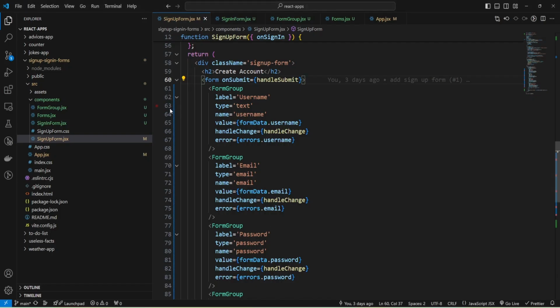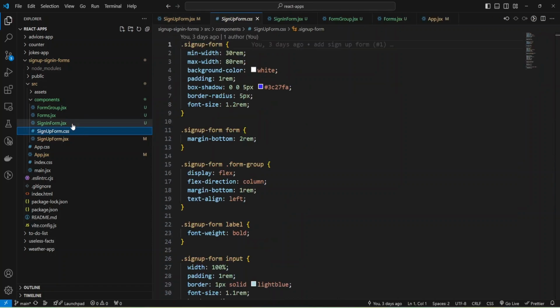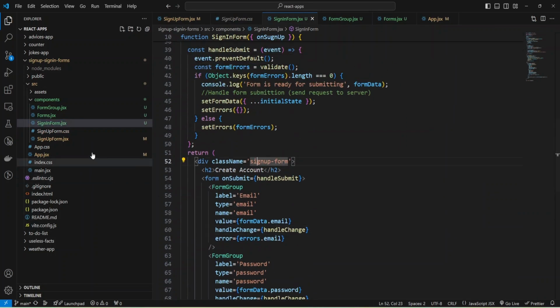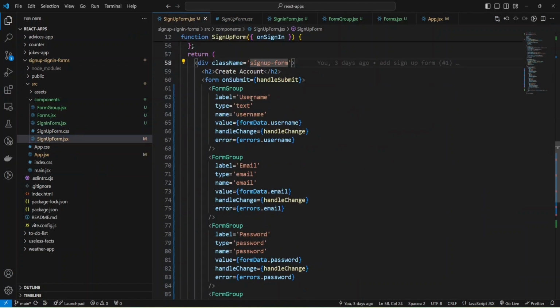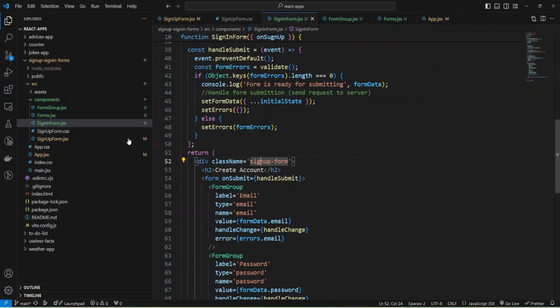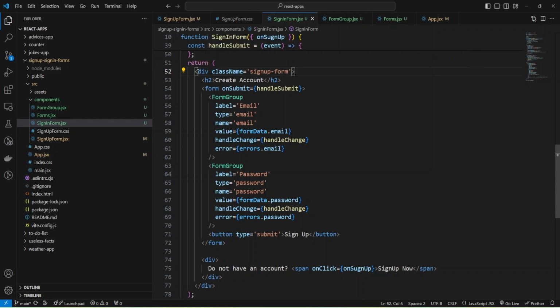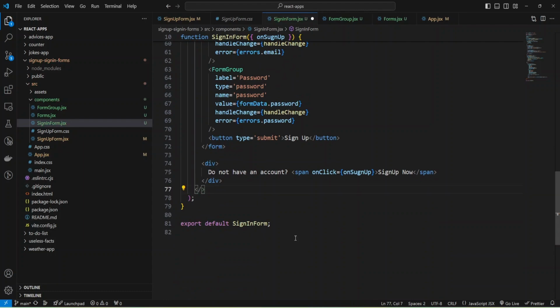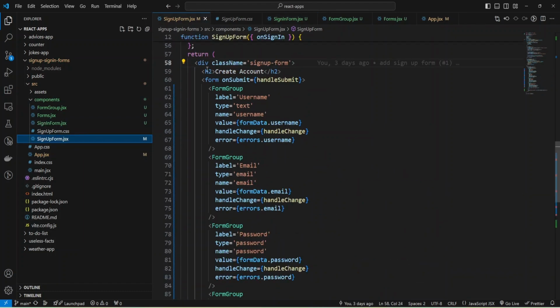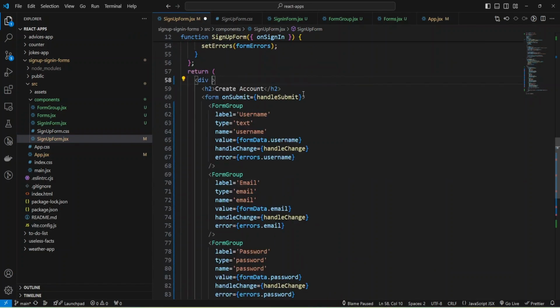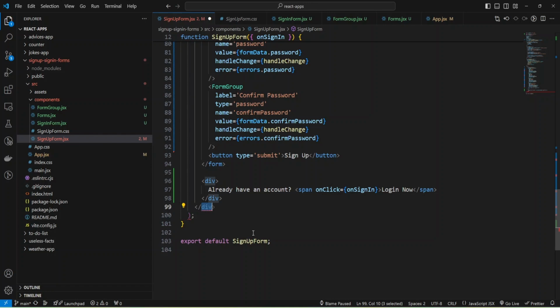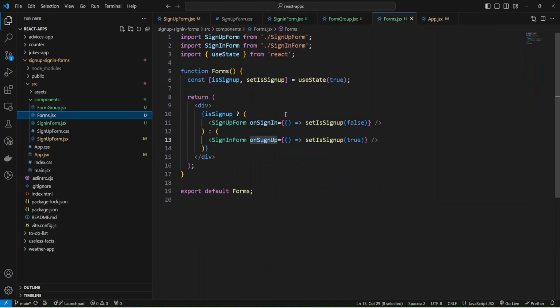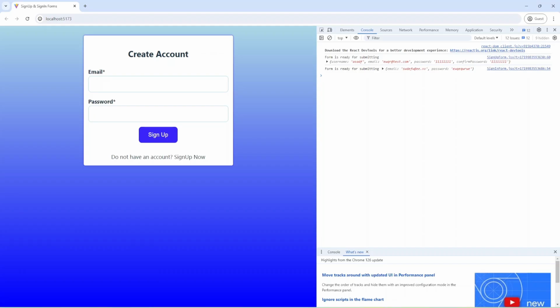And now I would like to modify my styles because, as you can see, we have one container here and also here. But here we have container sign up form, but our component is sign in. And I'm going to remove all these class names and just leave an empty portal. And also here, remove this class name and div. And I will have only portal. And I'm going to place my class name inside my forms component. And let's check what we have.